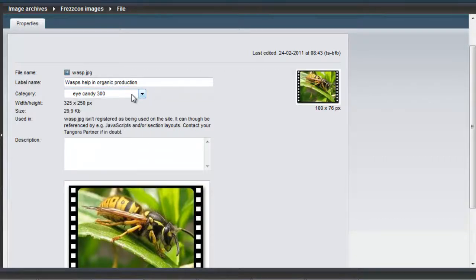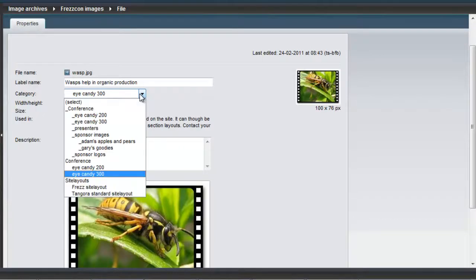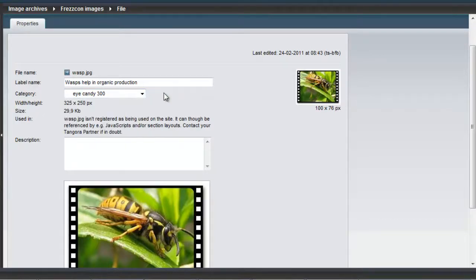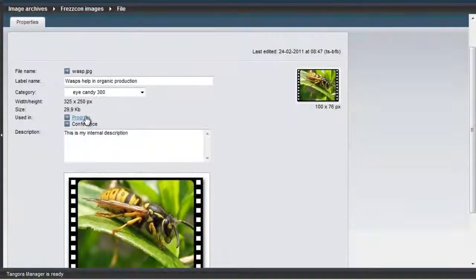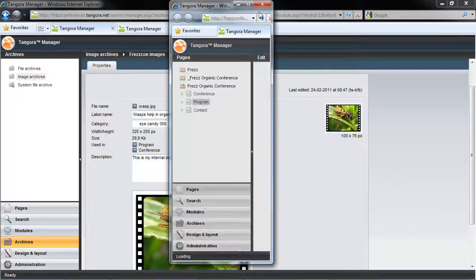And here in the detail view, you can change your image's category. I'll save the topic of creating categories and uploading images for later, but for now I want to point out that categories can change the look and dimensions of your images. Width, height, and size are self-explanatory, and then we come to the Used In point. If your image is used, you get a list of where it is used. Otherwise, the system tells you that it's not in use.